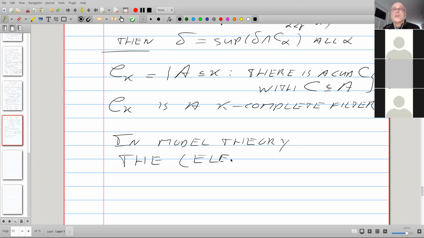If not, you may encounter this in a logic course, but for those who know or will do the model theory, here's a place where they are.